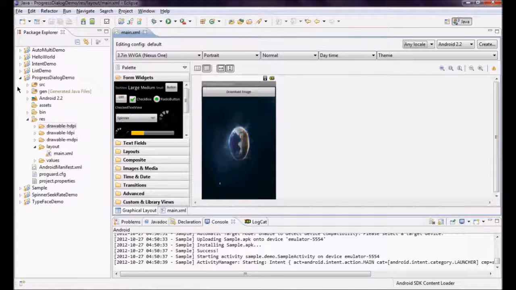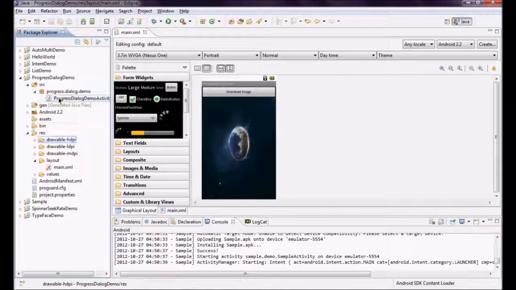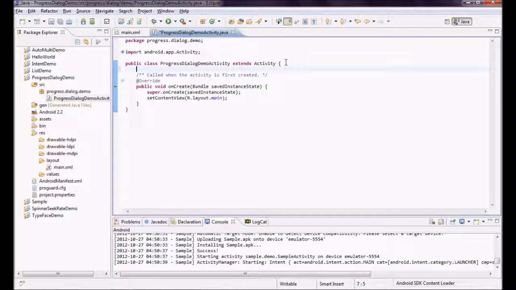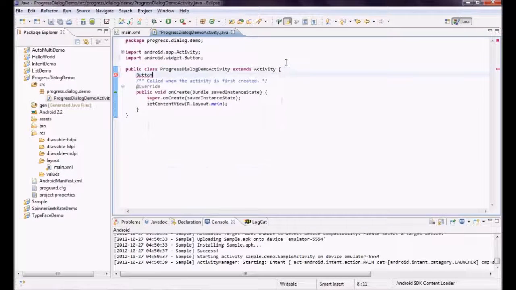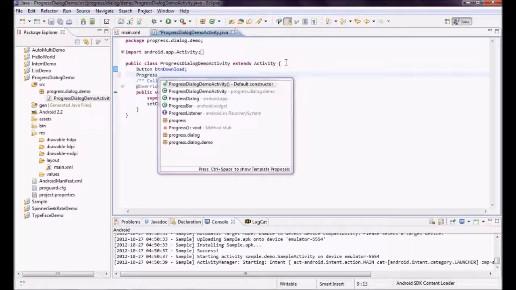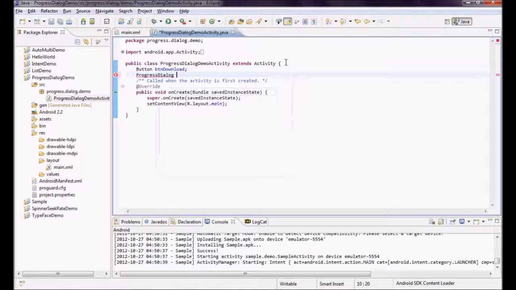Okay, now open your source. First thing, we need to declare a button. So this is the button, btn download. Second thing, there is a class to show a progress dialog with the name ProgressDialog, and I'm giving it an object reference variable name,